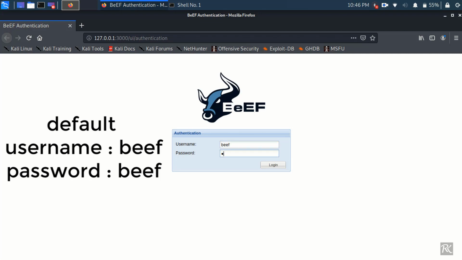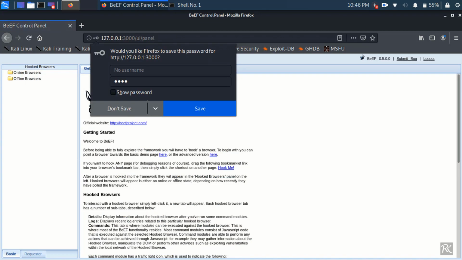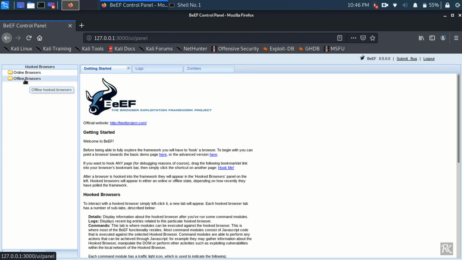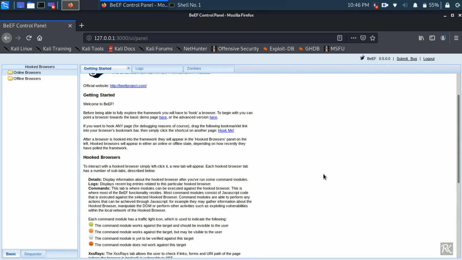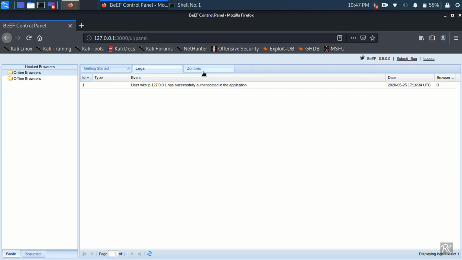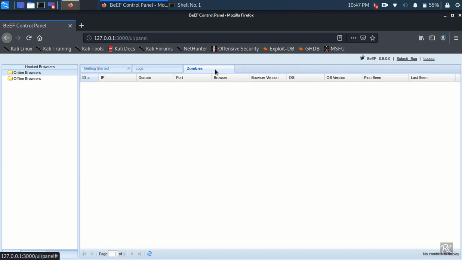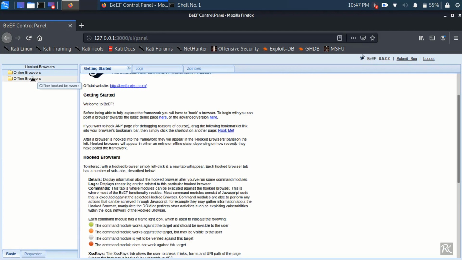So here you can see the default username and the password for BeEF, and I will recommend that you change the password of this BeEF. And on this web page you can see the online browsers and the offline browsers. We will see in details what exactly it means, and on the right side you can see all the detailed information about this BeEF framework. There are hooked browsers and other information. So in this getting started, first you have to click on this, so you can get started with this, and we will see about these details in the further part.